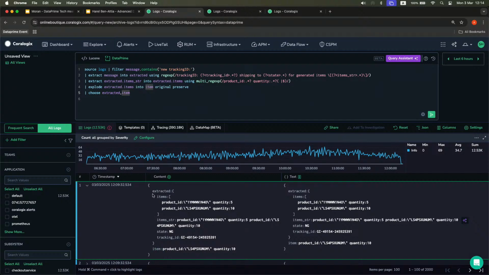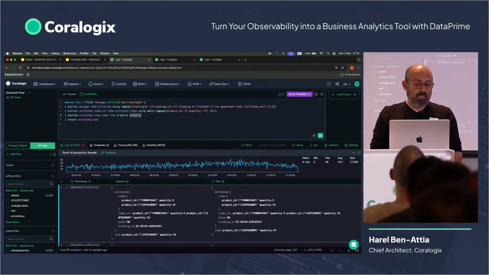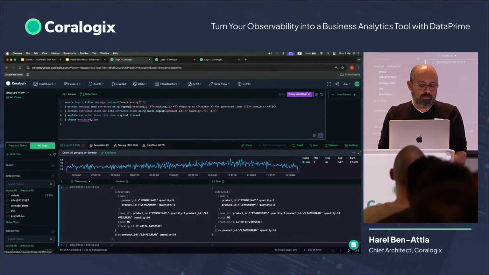And you see that now each document, first of all, contains the original extracted information, and secondly, contains the item string. Something I skipped here, which is the original preserve, means that the original information is being duplicated into each of the exploded documents. If I would not care about the,